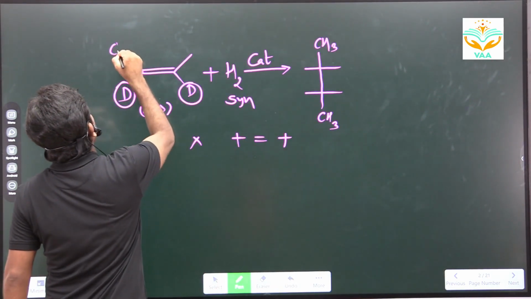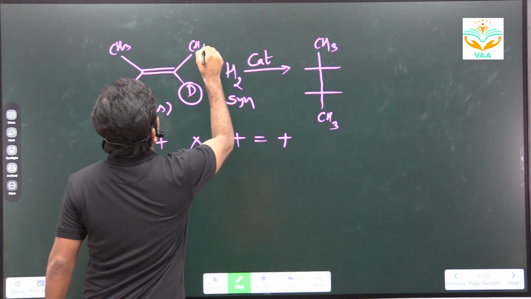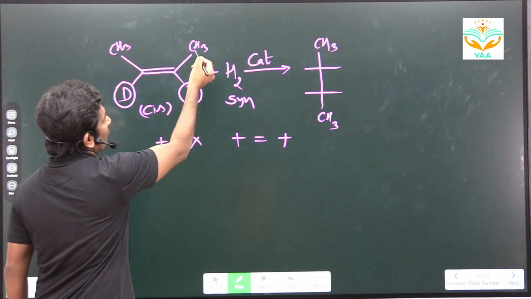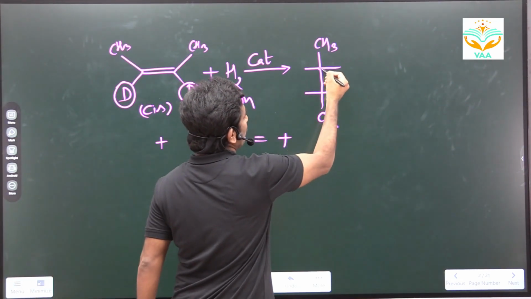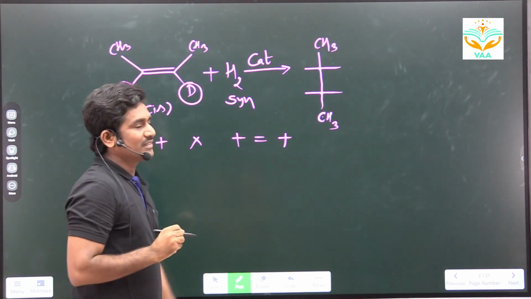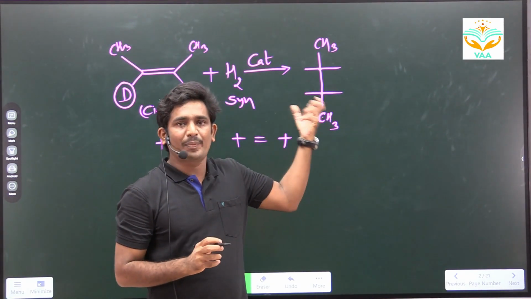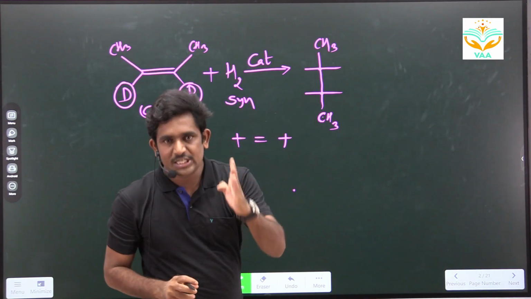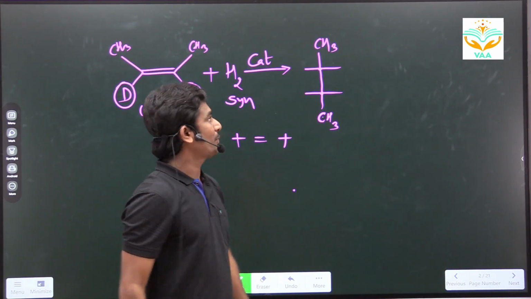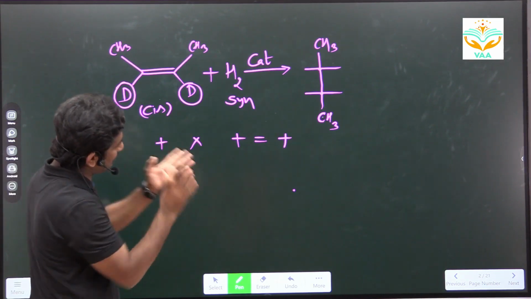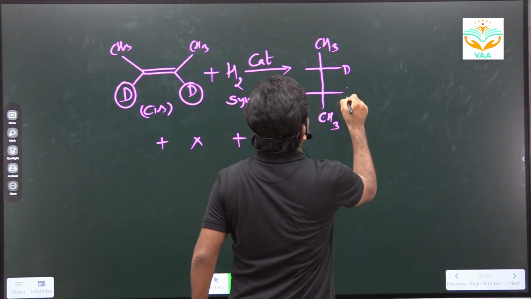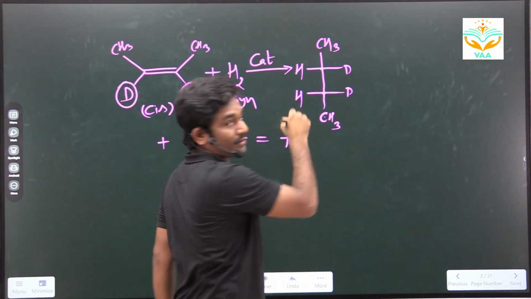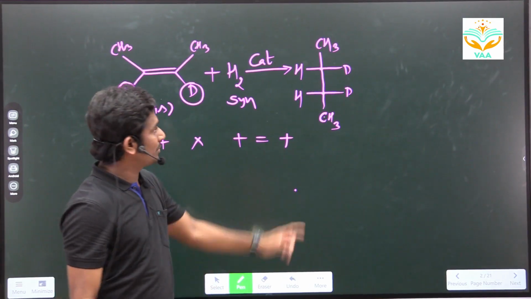This is CH3, yes, it is CH3 and it is also CH3. How many carbon atoms are there in this alkene? 1, 2, 3, 4. This is one of the representations of organic molecules that you will study in stereoisomerism. These two deuteriums are on the same side, right? And the remaining, what we are adding here? Hydrogen atoms, right? Hydrogen atom here, hydrogen atom here. So this is one of the products.